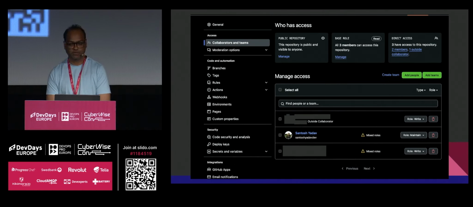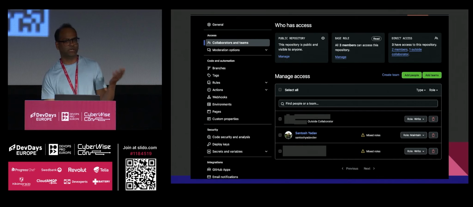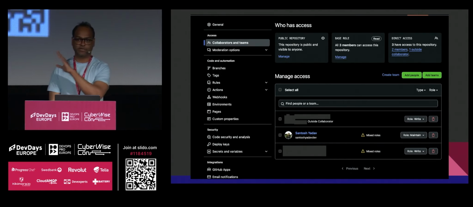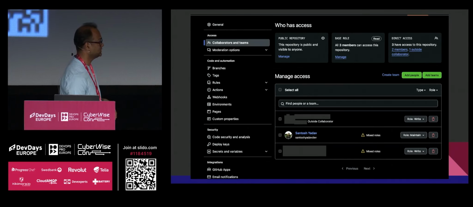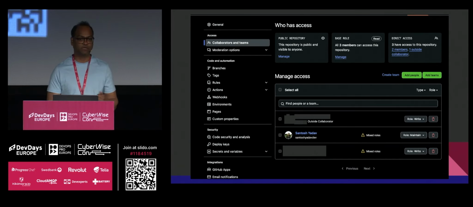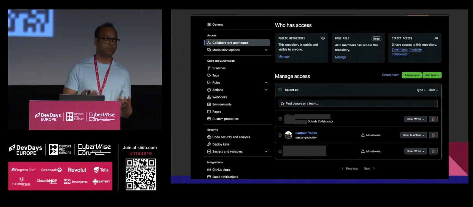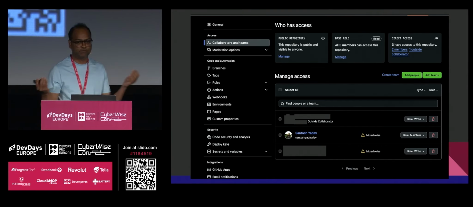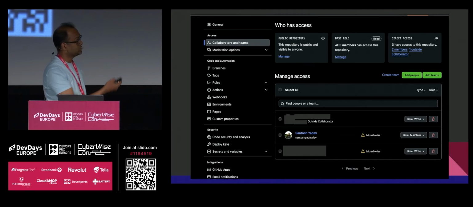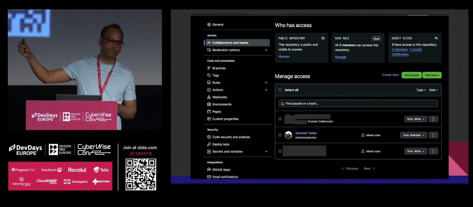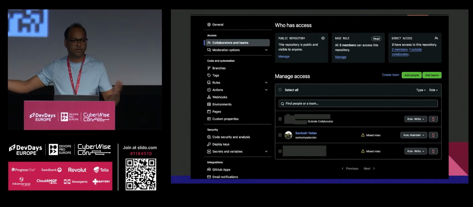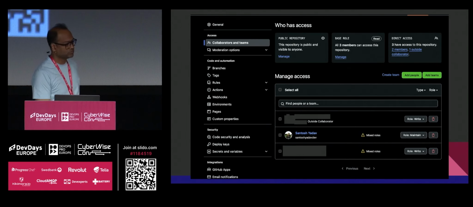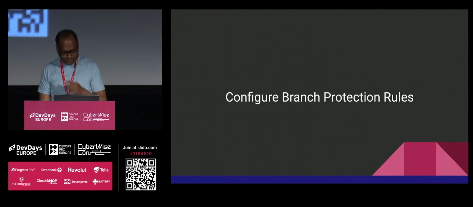Many of the people who use Azure use Azure AD, right? So you can create your teams on Azure AD and then sync up with GitHub. That's a good way. That's what we do at Celonis. We don't create teams directly. We create them in Azure AD first, and then we add those teams here. So it's easy to manage. When someone leaves the organization, they are removed from Azure AD and they don't have access anymore. And we don't have to sync up all these things manually.